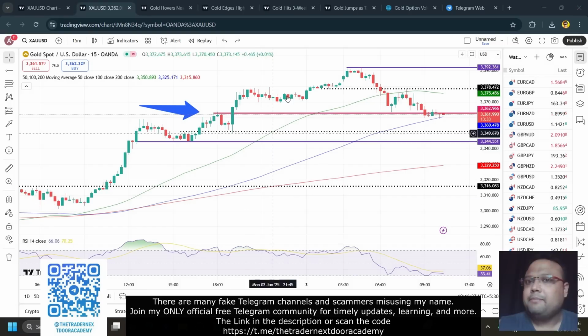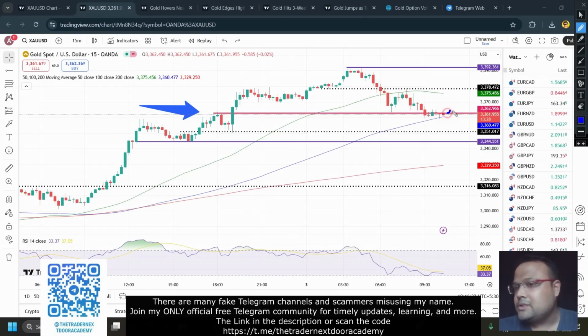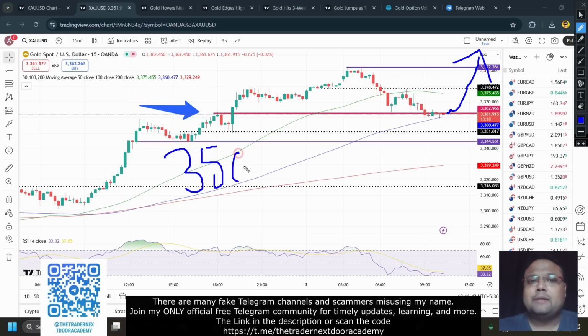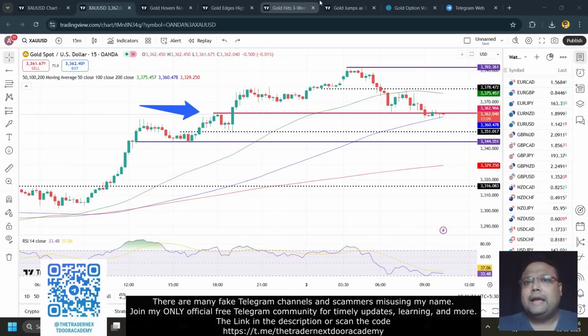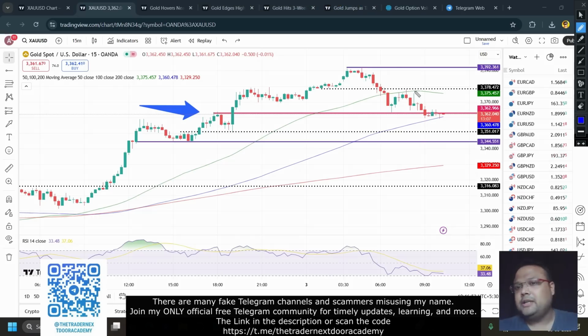So if you are holding any buy position right now, you can hold your buy position, because as long as market sentiment remains bullish, you can continue with your buy position. I'm not expecting an all-time high here as of now, but you can expect gold to break 3400 and head higher. And if you are looking for a fresh position in the market, we have the next best support around